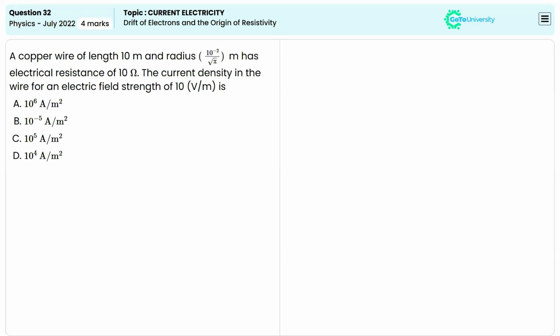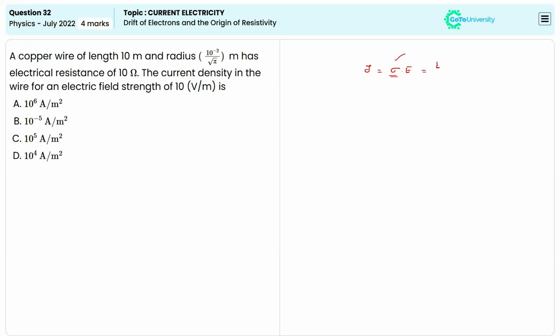So here the question is regarding the current density. I will just write the formula for you people, then it will be very easy to solve. It's known that the current density can be calculated using the formula sigma times E, right? Here we don't have a value of sigma, which represents the conductivity. We don't have a value of conductivity, but we have a value of resistivity, or else we can find the value of resistivity from the given details, right?